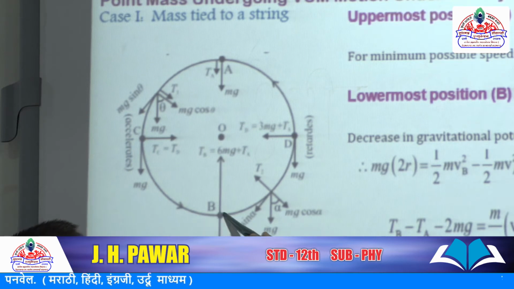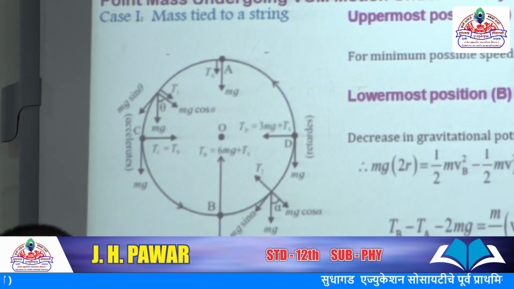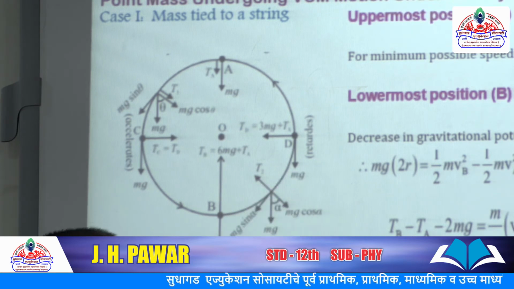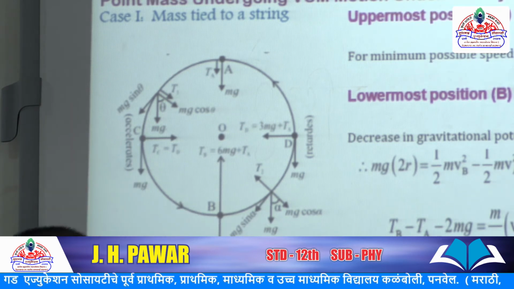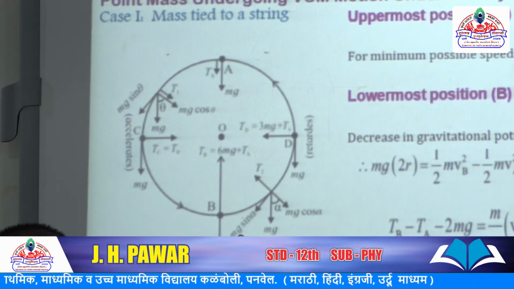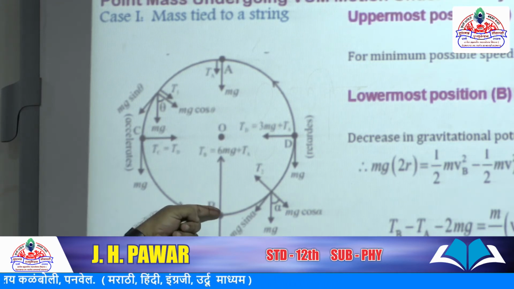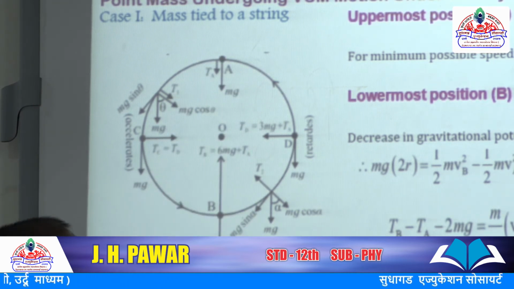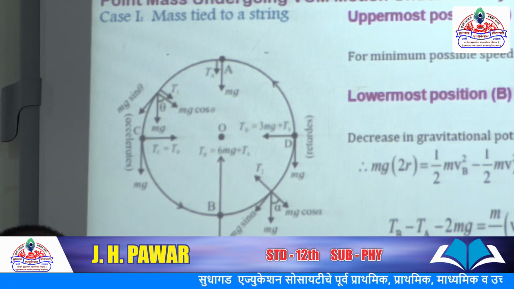When it is moving from B to D and thereafter up to A in the vertically upward direction, with anticlockwise motion considered here, this mg sin alpha component of the weight acts against the motion, as the body is moving against gravity. So this component retards its motion, or applies a brake to the bob. When the bob is moving from point B to A, mg sin alpha retards the motion, so its kinetic energy goes on decreasing.